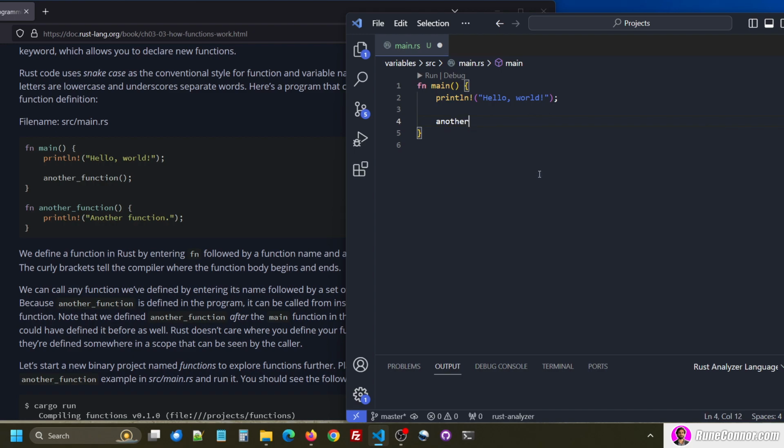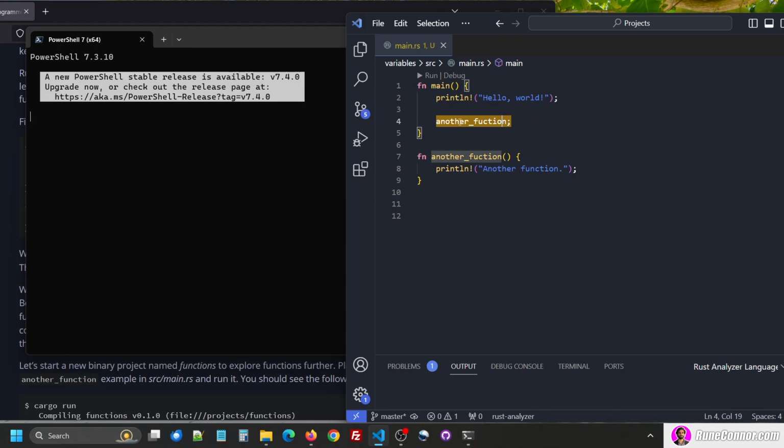Semicolon, and then another function is called before it's defined, and this is the function definition. It doesn't take any parameters, open brackets, print line, whoopsie, and then another function. There we go. And we can run this by